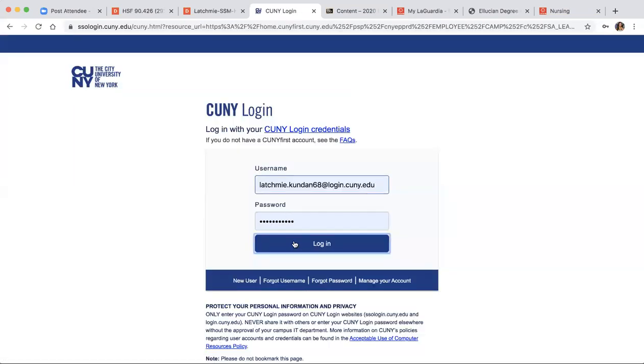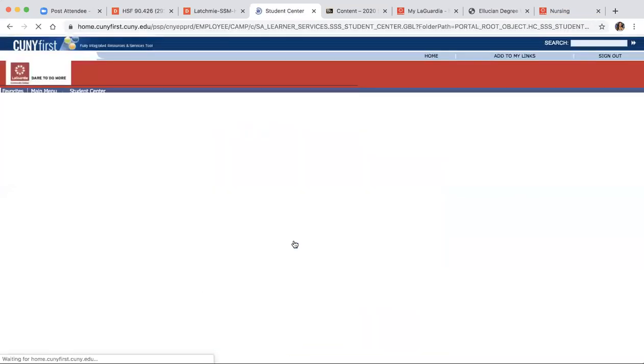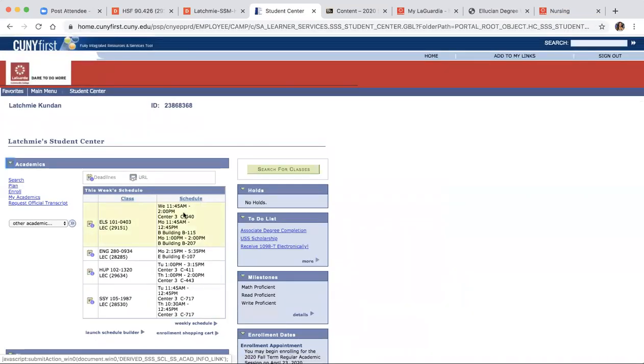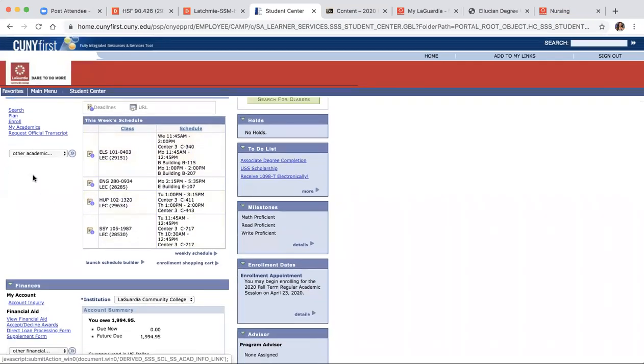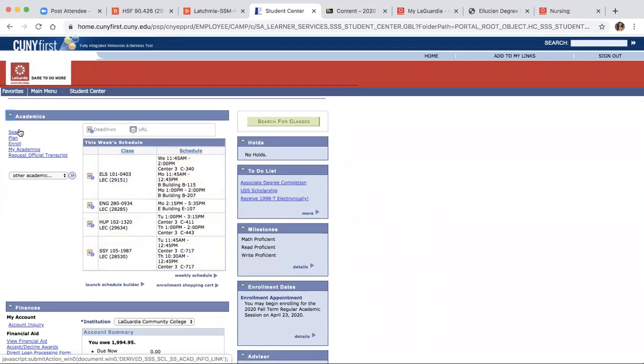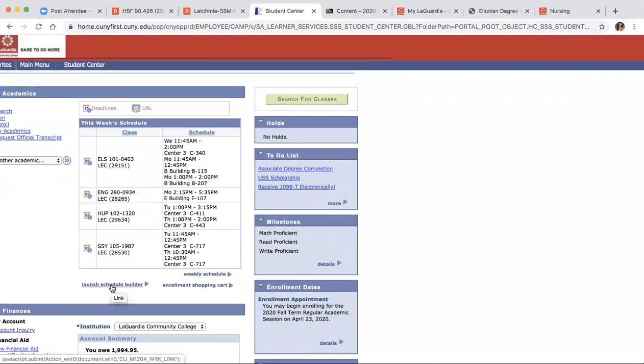All right, so if you go to your CUNYfirst, and why is my CUNYfirst looking like this? All right, so we log in and go to Student Center. This is all the current classes that I'm taking right now. Traditionally you would go to search and search your classes manually, but now we have this handy dandy schedule builder. It says launch schedule builder right here. So if you click on that,